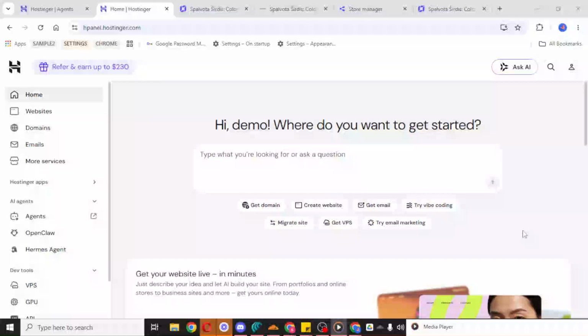In today's video, I'm going to teach you how to delete API tokens in Hostinger. If you want to remove an API token that you no longer use, the process is very quick, and I'll walk you through it clearly so you can do it without confusion. Deleting unused tokens is a good habit because it helps keep your account organized and improves security by making sure old access credentials are no longer active.